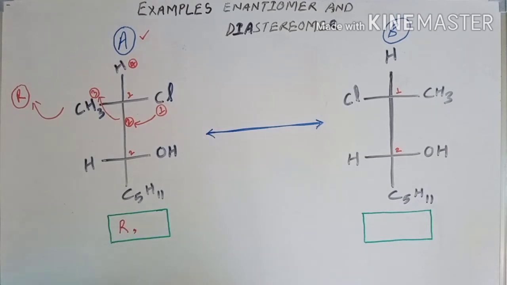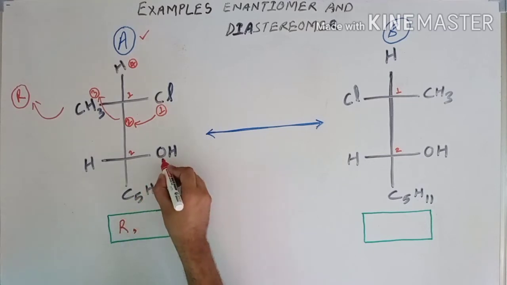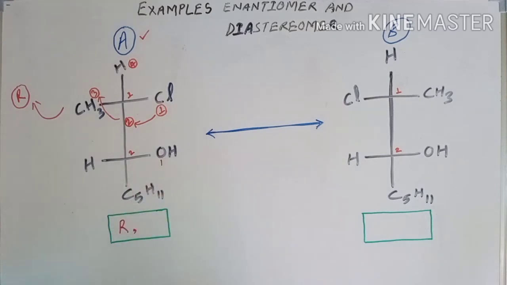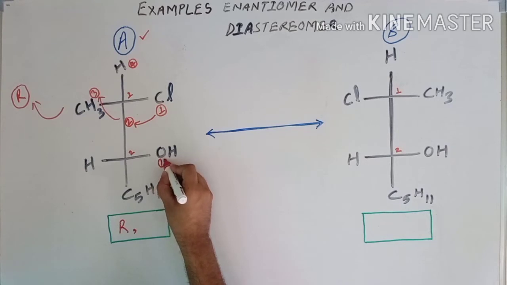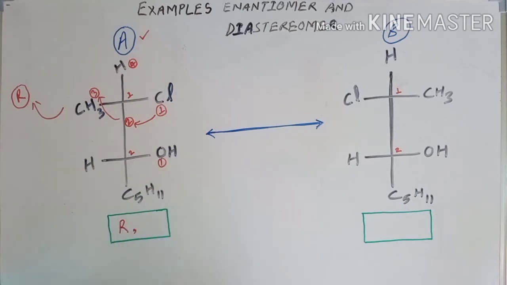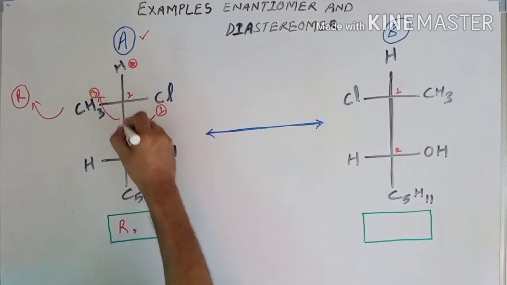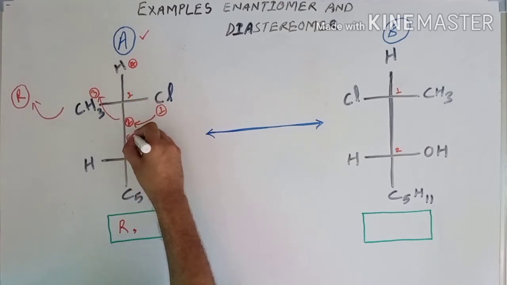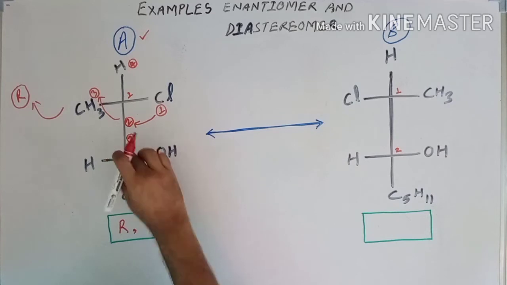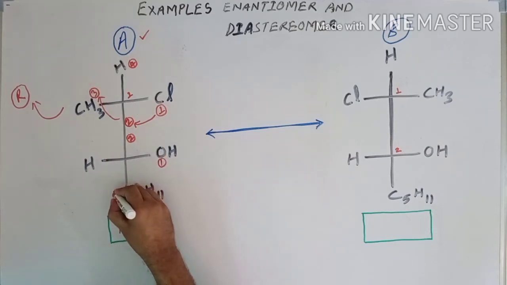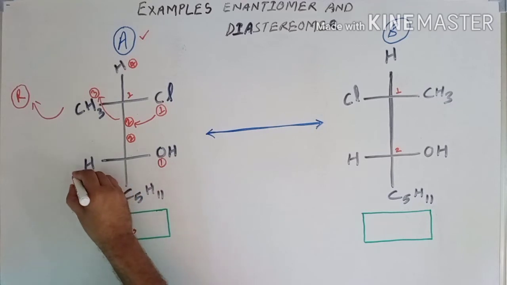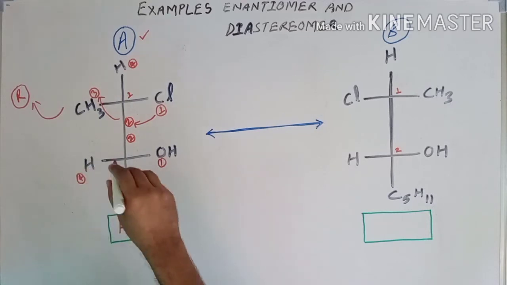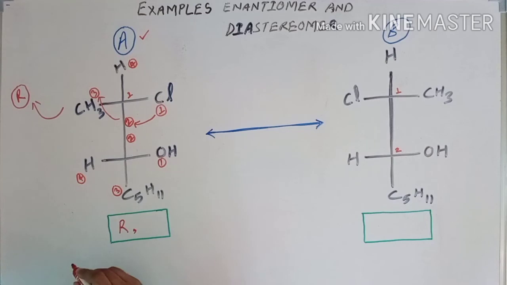Now we will move on to the next carbon, carbon number 2. Carbon number 2 has oxygen, the highest atomic number moiety, which is directly attached to the carbon. So priority first goes to this. Now second priority goes to this carbon 2. Third priority goes to this, and fourth priority goes to this hydrogen. How I have set this priority is previously covered in the lecture, so you can see those lectures.